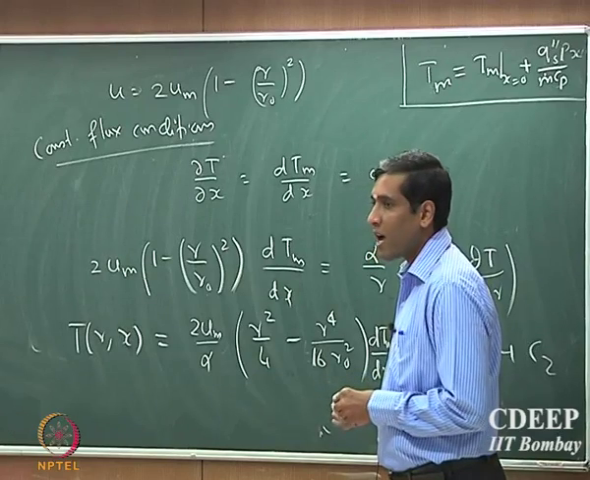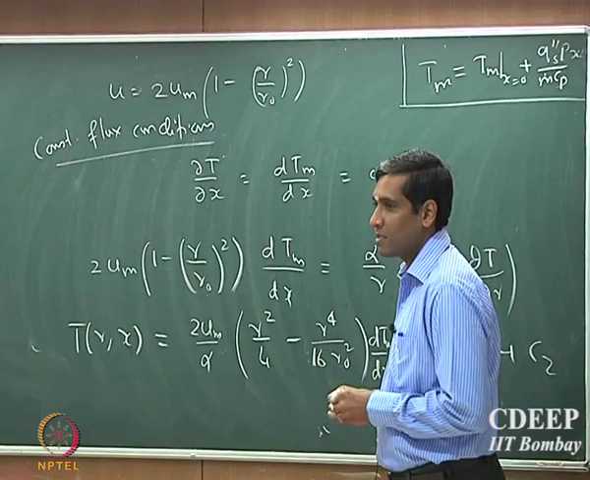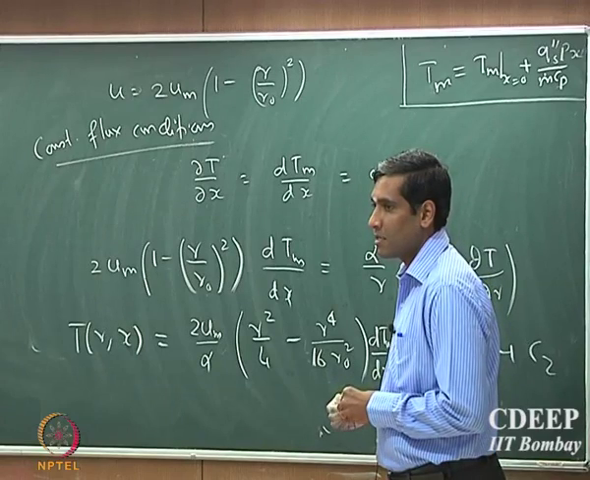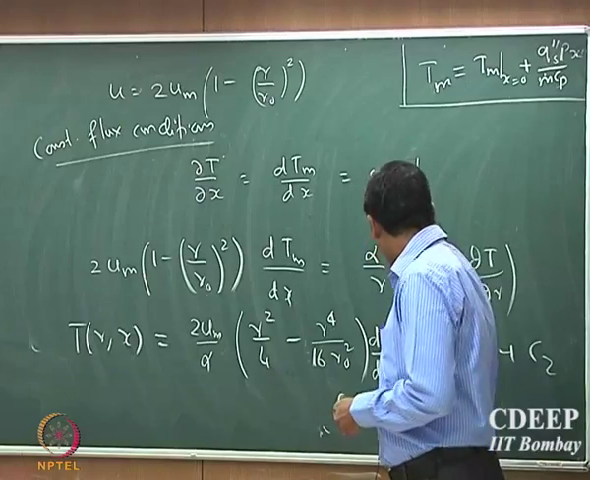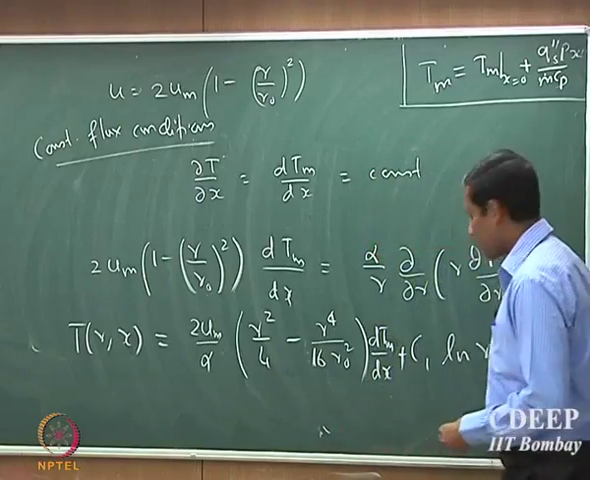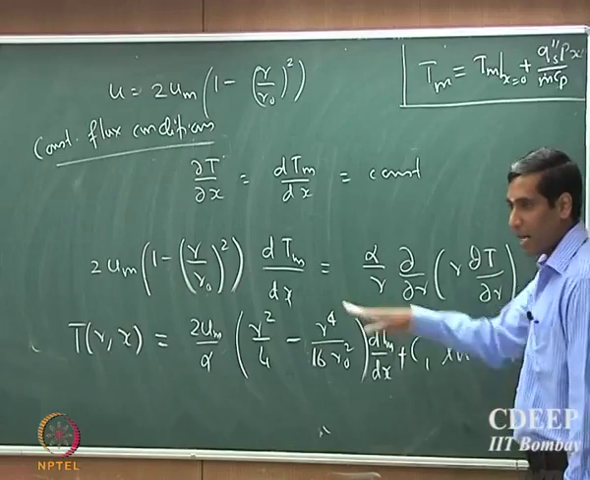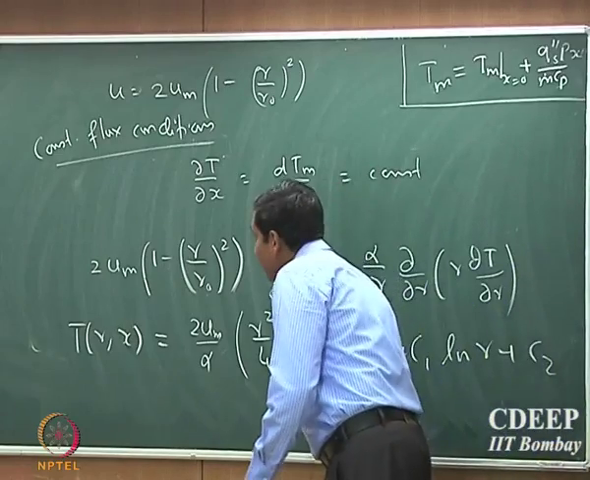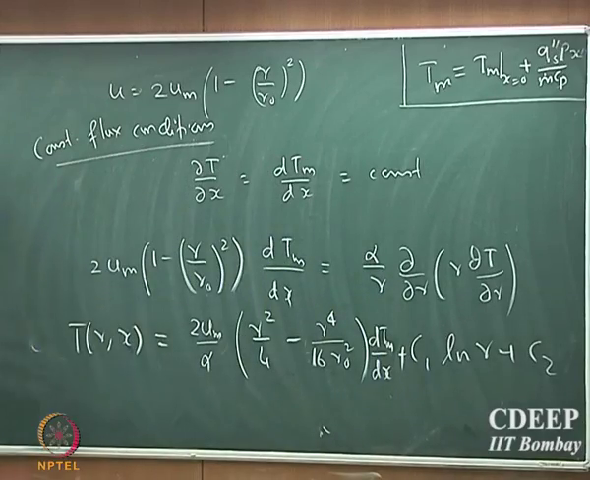dTm by dx at what r location? Yeah, so let's first put all these constants. You will see that this constant is now going to play a role. We'll see that. So now if I substitute these boundary conditions,